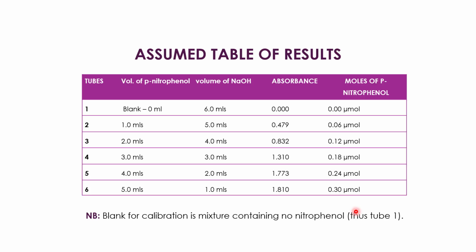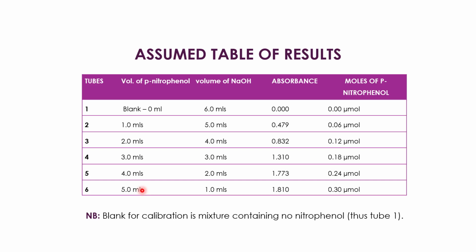Now let's look at this assumed table of results after reading our absorbances. So these are the test tubes over here. We have test tube 1 to test tube 6, and this is the volume of p-nitrophenol in each test tube. For test tube 1, obviously it's going to be our blank because it contains 0 ml of the p-nitrophenol. Test tube 2, 1 ml, 3, 2 ml, 4, 3 ml, 5, 4 ml, and